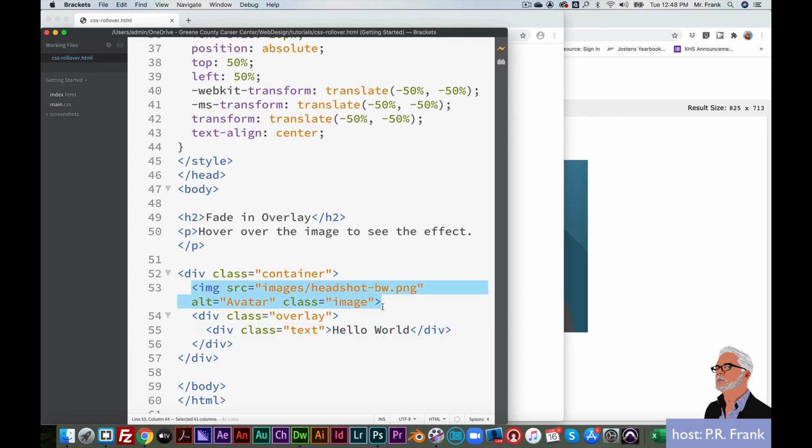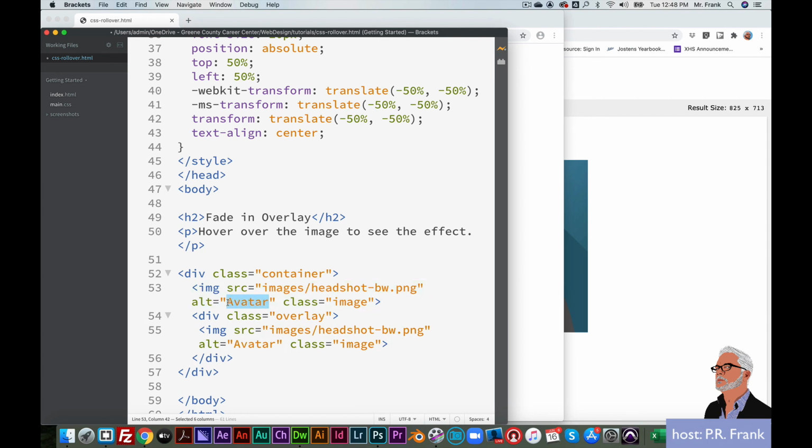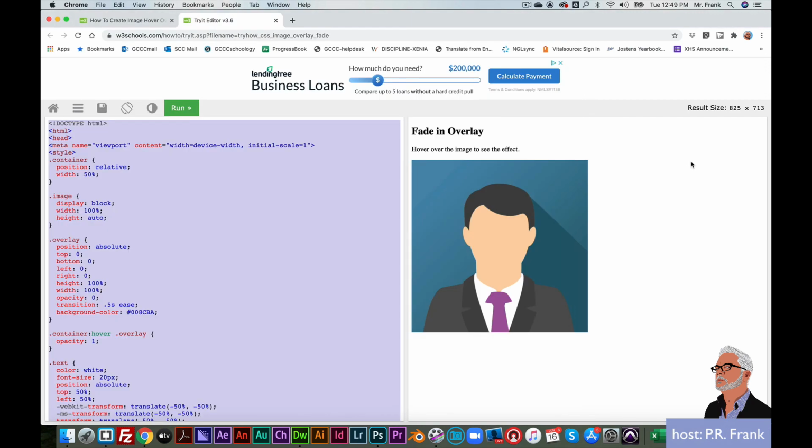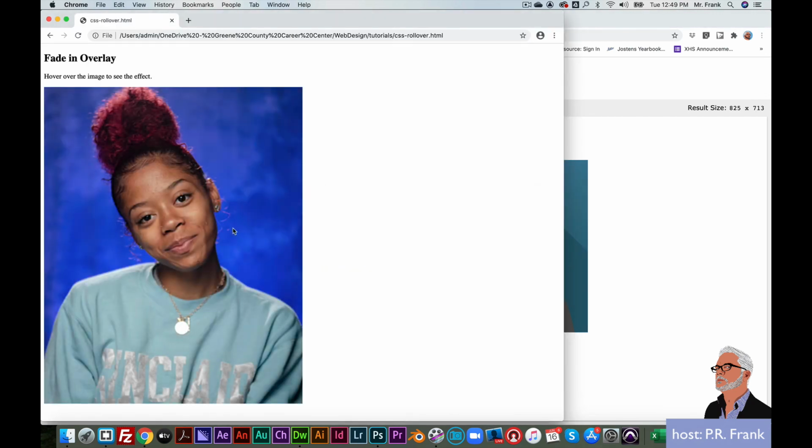So actually, I'm just going to copy all of this, paste it here, change this to black and white, change this to color. The alt attribute just lets people know what they're looking at if they can't see or if the image doesn't load. Okay, and then I want this to be the color image. So now I've got the black and white, but the headshot color. So let's see how this works. I'm going to save that. Look at the preview and look at that. It's a beautiful fade in